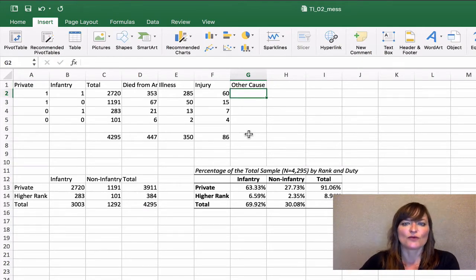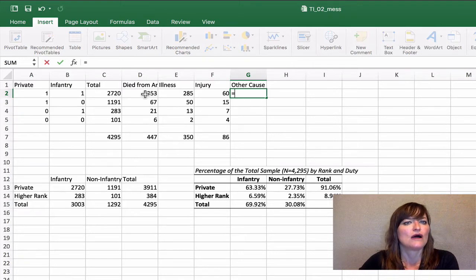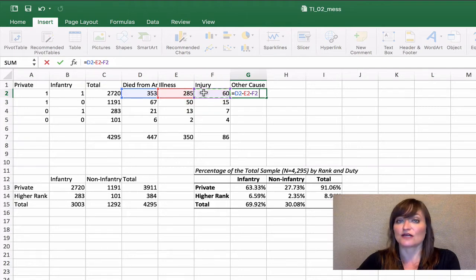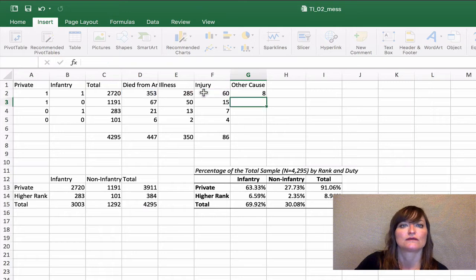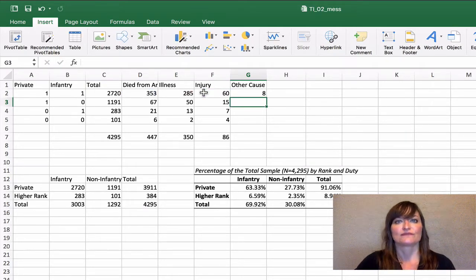And what's the formula we want here? We want to know of those that died from any cause, but not illness, so minus illness and minus injury. Is that going to be the right number? Is that what we want? Yep.